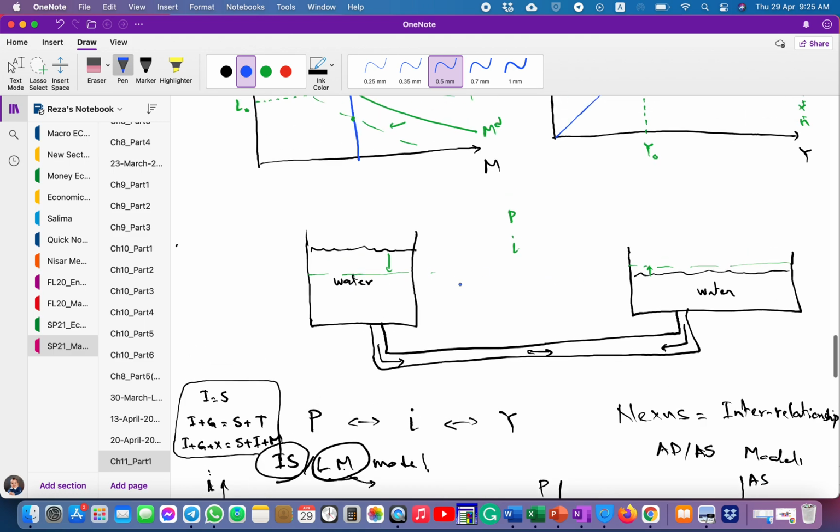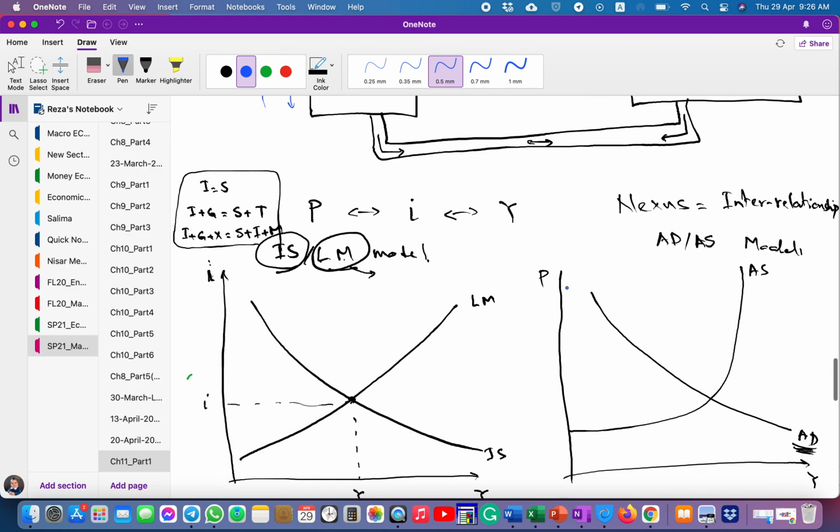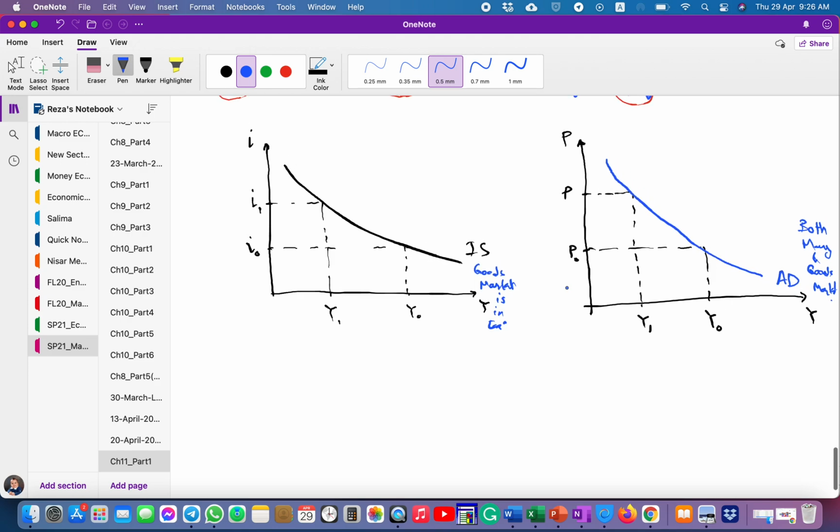So that interconnected containers, once the level of equilibrium is matching between both markets, this is which price and which output level. So let's say that the height is being measured by the Y variable, and if the price changes, something changes here and then goes there and goes back and forth until it settles in both markets. Okay, so this is showing that goods market is